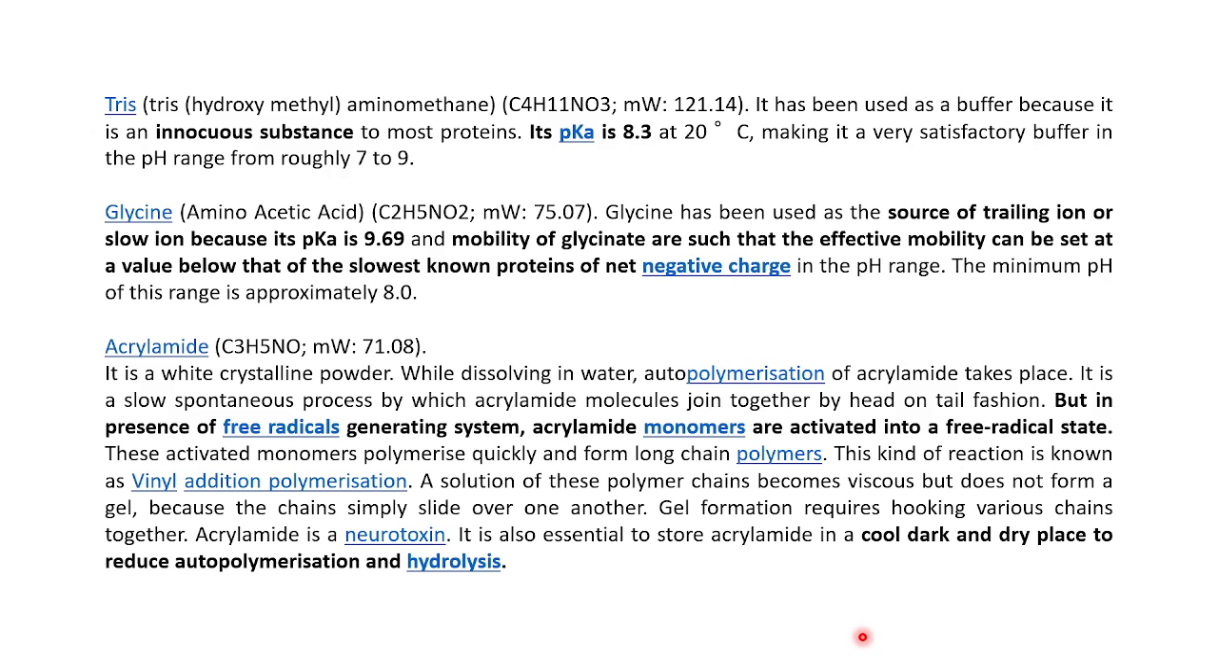Now the different chemical ingredients present here: Tris is used as a buffer because it is an innocuous substance to the proteins. It has a pK of 8.3, which makes it a very workable buffer in the pH range of 7 to 9. The other component is glycine, which is used as a source of a trailing ion or slow ion because of its pK in the range of 9.7,